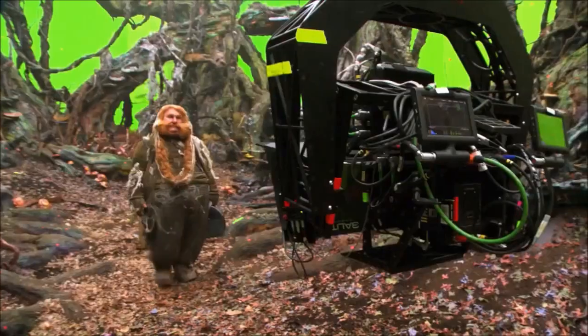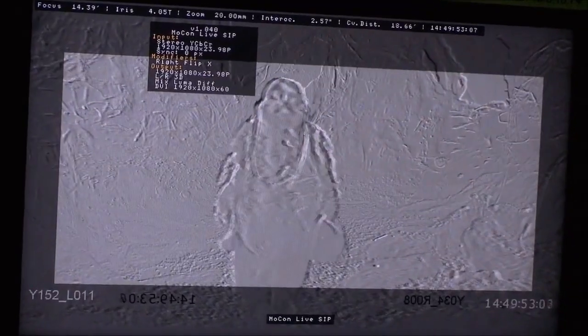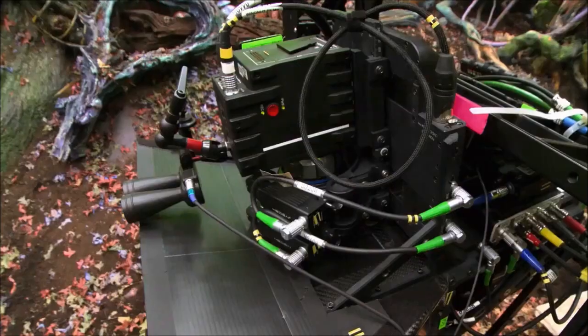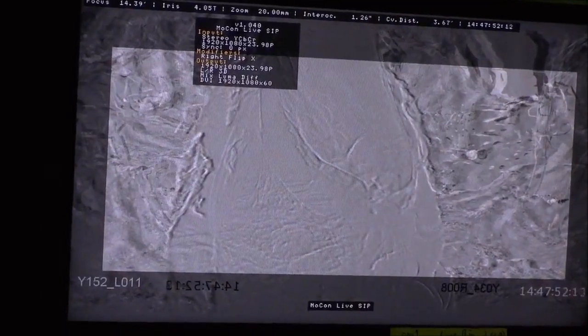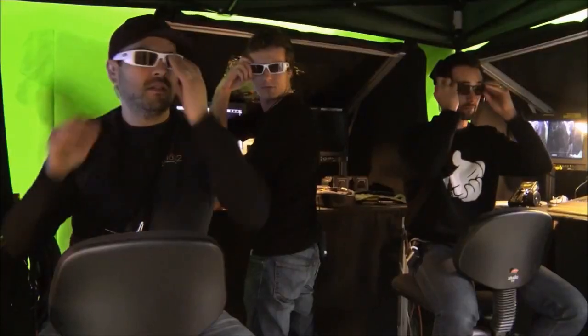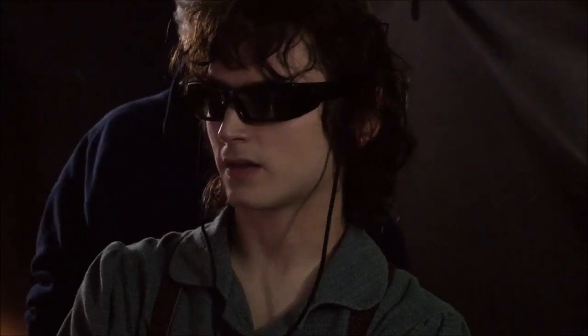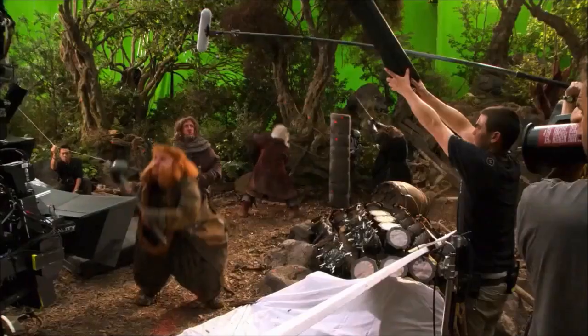We can see that separation on a 2D screen with a left and a right eye overlay. So we can do this live throughout a shot, changing our 3D effect the whole way through. Roll sound. We're watching the movie in 3D as we make it. That looks so good. You almost feel like you're in it.